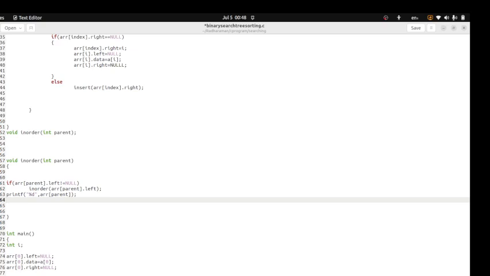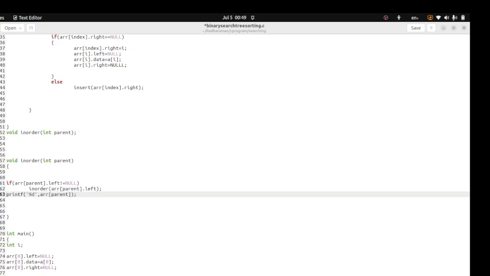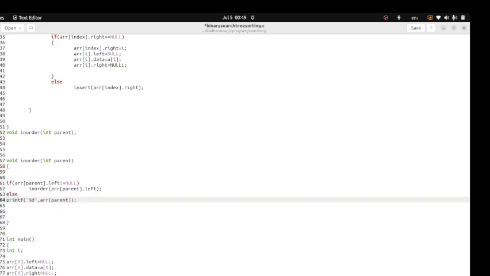Then we will move to the right child if it is not equal to null. Else we will change the array parent left if its left equals to null. So we will do one thing else, then array print dot